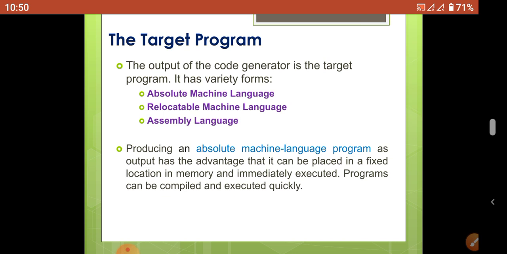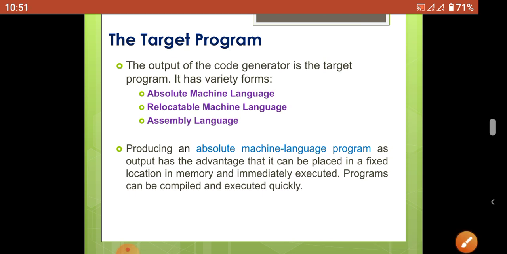Once the address is assigned to the particular program, that program is immediately loaded into the primary storage, that is RAM, for immediate execution without performing any address modification. So that kind of program is called an absolute machine language program. Once the address is fixed, there is no need to perform any address modification when we load the program into primary storage.